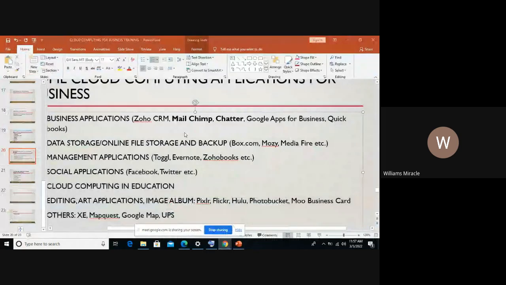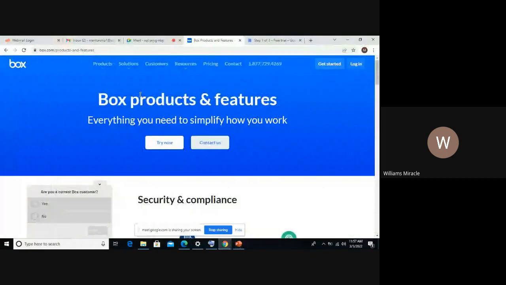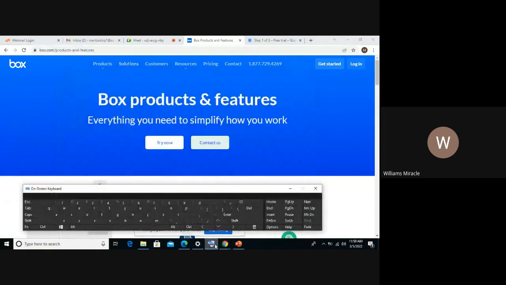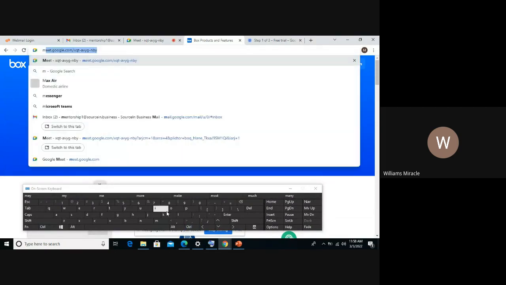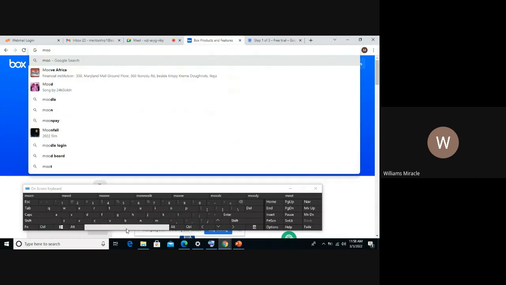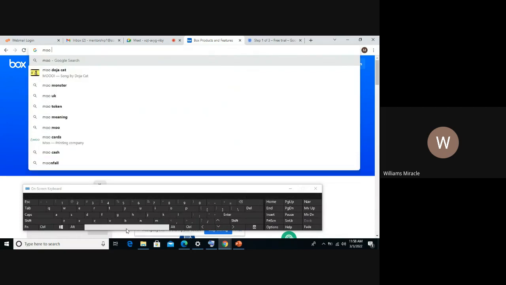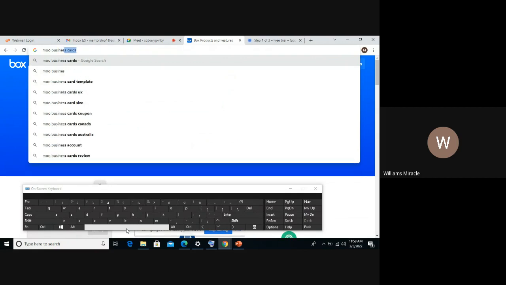You can just go to Move Business Card. When you go to Move Business Card, automatically it will enable you to do what? You get in touch. So let me quickly show you this. You can see the box. Okay. So let me quickly show you the one for the business card, so that you want to take care of your business card issue, your business. You can just come over to Move, the MOO business card.